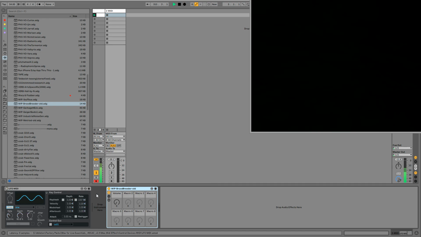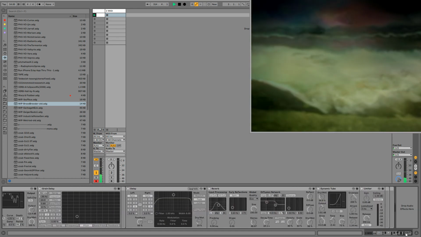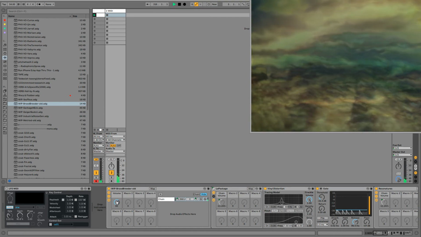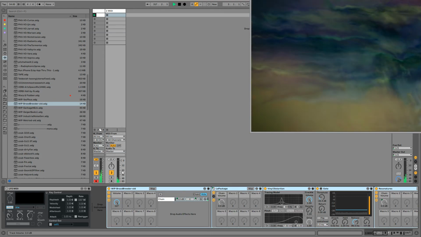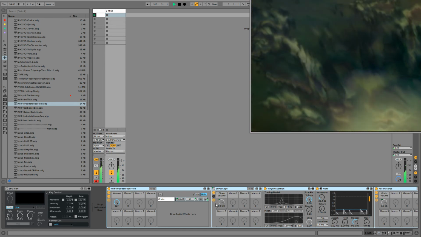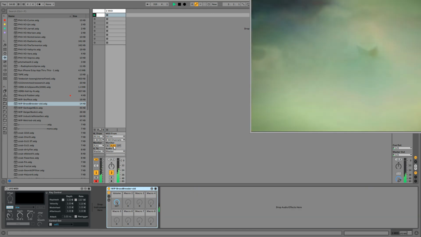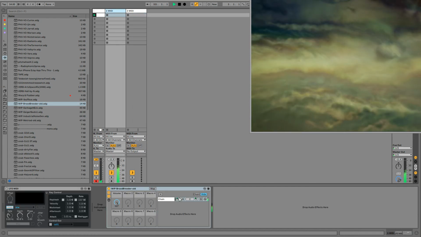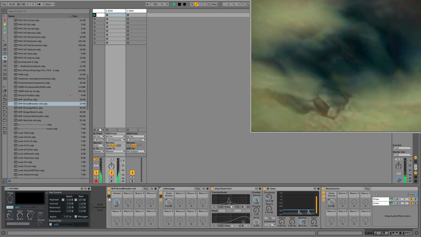Let's go ahead and shut that off. Like this thing here, you can see it's a monster on the inside. There's a ton happening, and this one is not automated at all. It's basically self-run. Quite generative, and I like to have a bunch of these and just drag them in. And of course, if I were to start automating and modulating stuff inside here, things would get really, really wild.